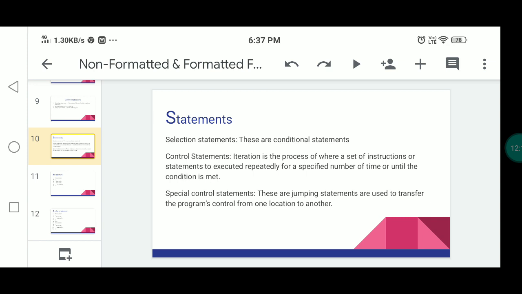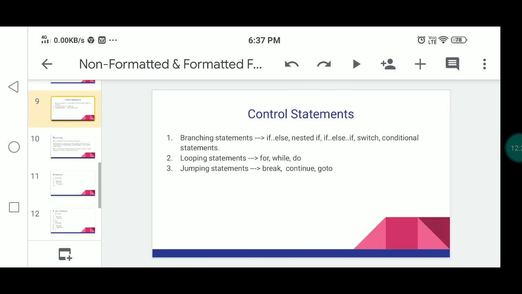Then next, we take another statement, that is switch. The switch statement selects a particular statement from a group of statements. The selection depends upon the current value of the expression, where the expression results in an integer value or character value. So the expression evaluates to either an integer value or a character value.